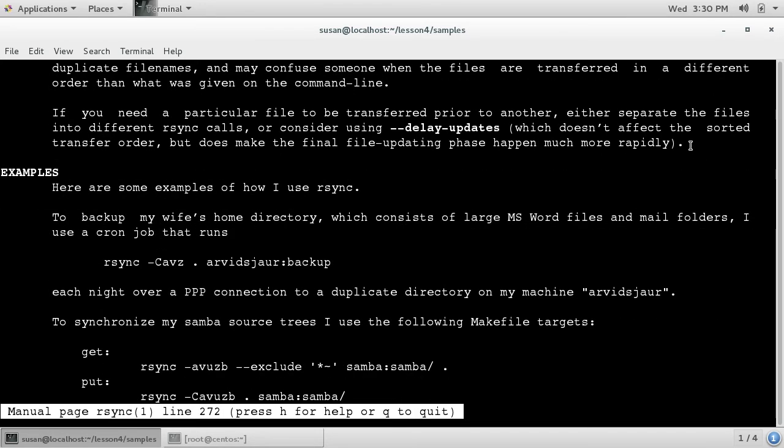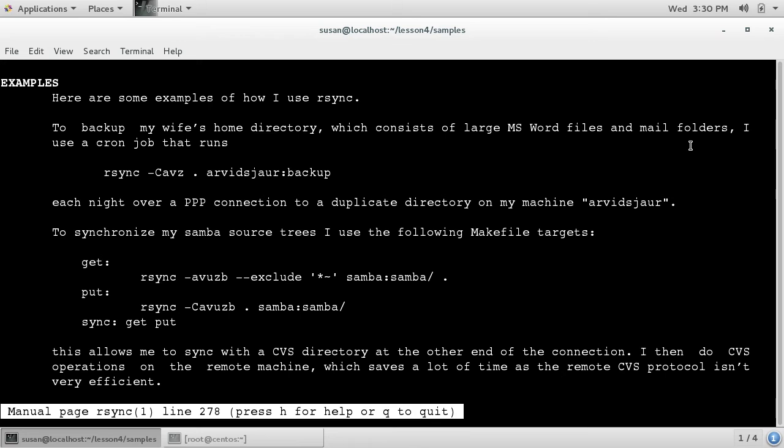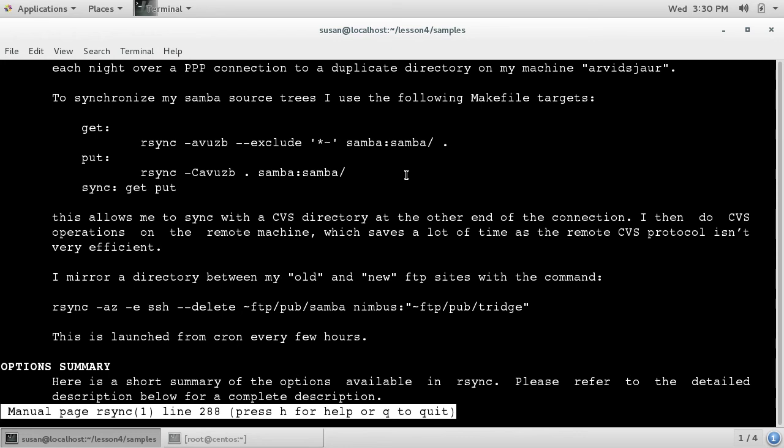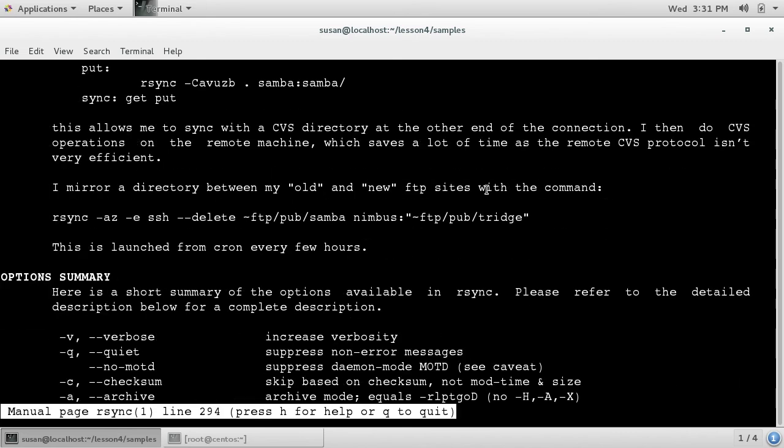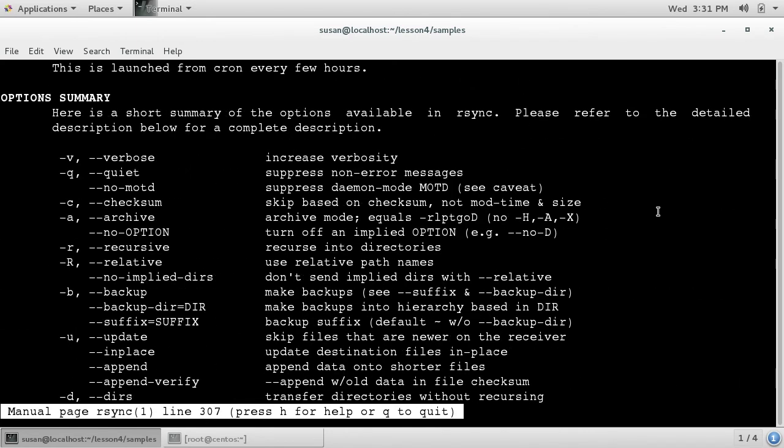The easiest way to read the man page for the rsync is to jump down to the examples section and look at some of the specific examples that they give. So some of the options for rsync here include the capital C in order to make sure that it compresses before it sends things across the network. The A for archiving or preserving ownership and permissions. The V is a verbose with it as well. There's also other options to force it to have only the differences to be copied, or to force it to copy everything. Eventually you do get in the man page to the full options, again where V is for verbose